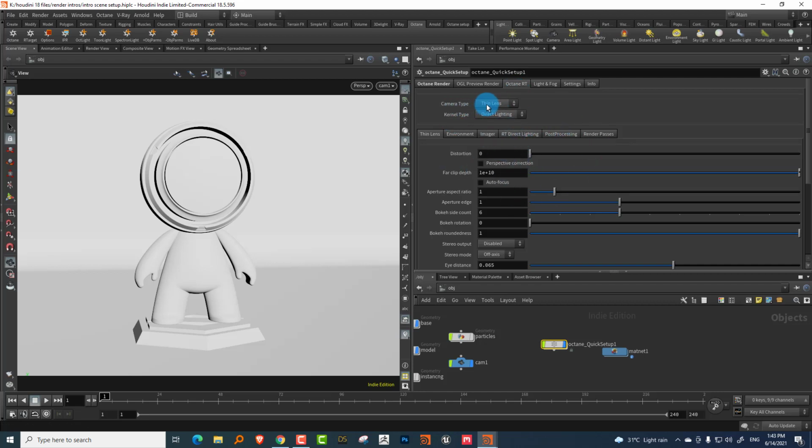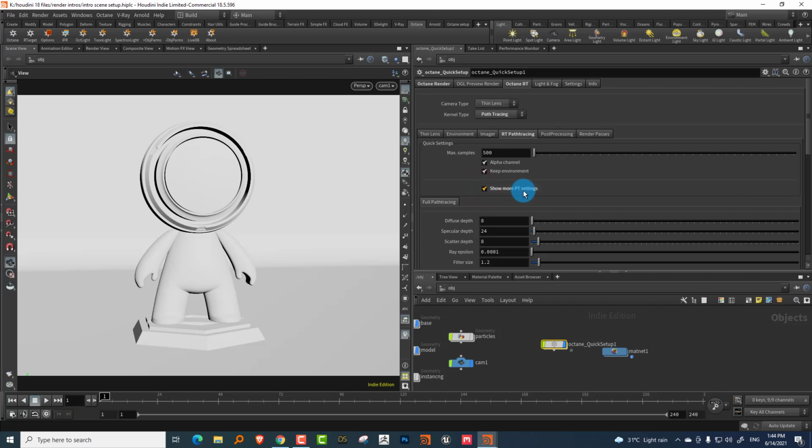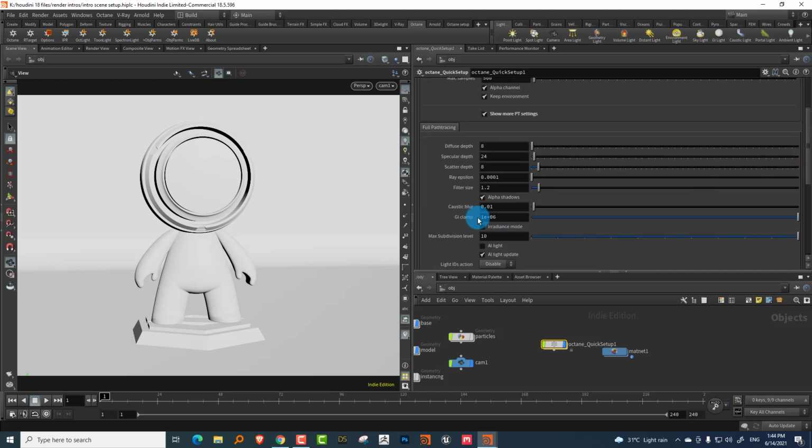Keep the camera type to thin lens and the kernel to path tracing, and then come to RT path tracing, which is the parameters for it, and turn on show more path tracing settings. The only issue that happens with Octane is that the default settings are way too high. So you want to keep all of these at 4, like the depth, specular, and diffuse.